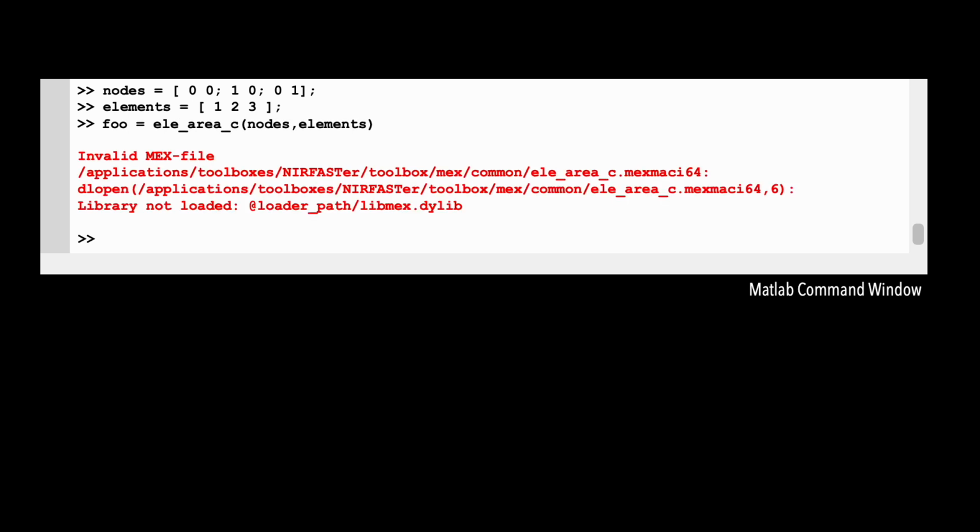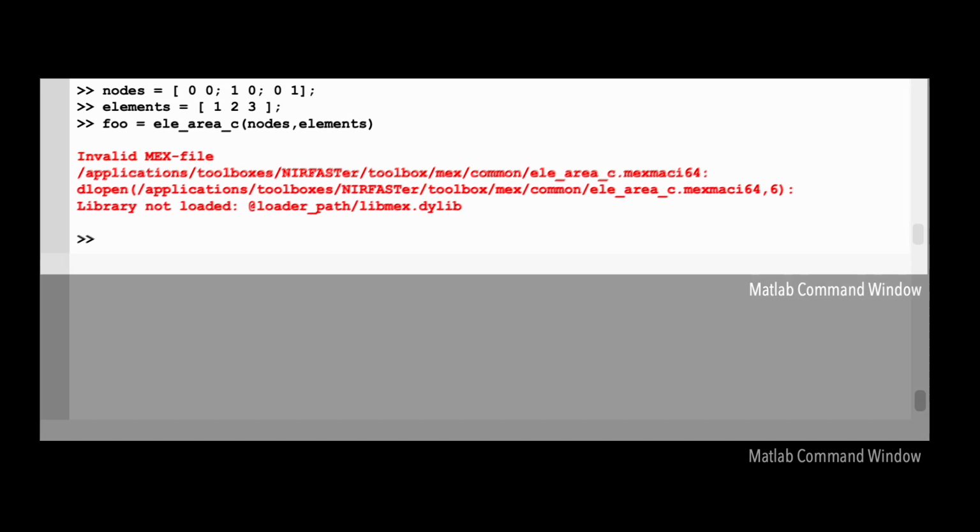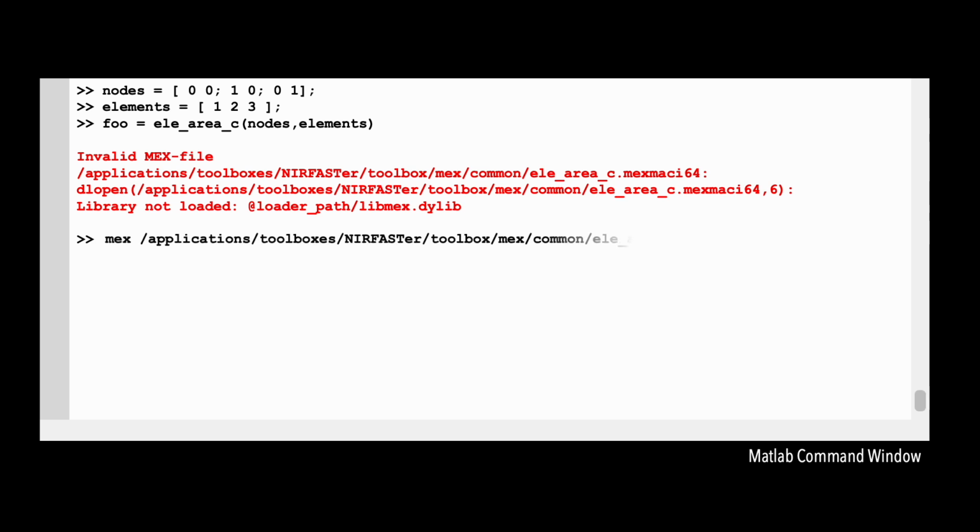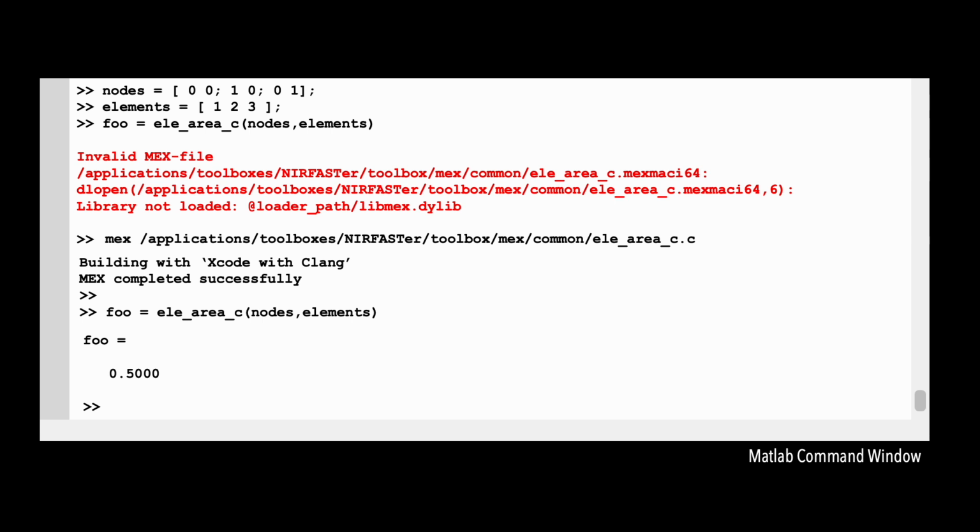An example is shown here, in which the current version of NIRFASTer was installed on a system running an older version of MATLAB. This resulted in a conflict with the available runtime libraries. Fortunately, the issue was resolved by simply recompiling the file in question using the MATLAB MEX compiler. Unfortunately, use of the compiler may require additional software installation, such as GCC or Xcode, as well as library updates or